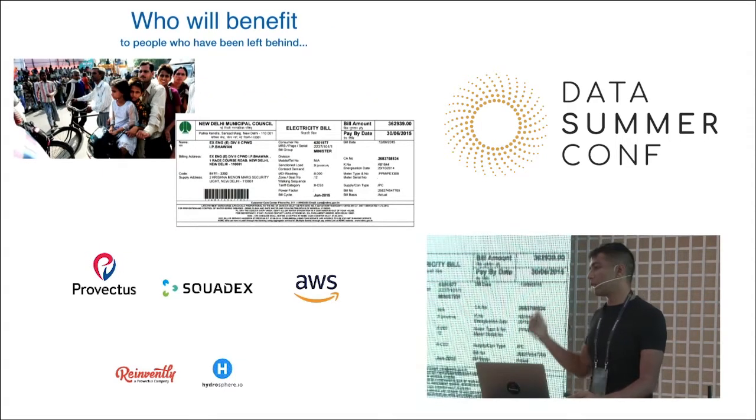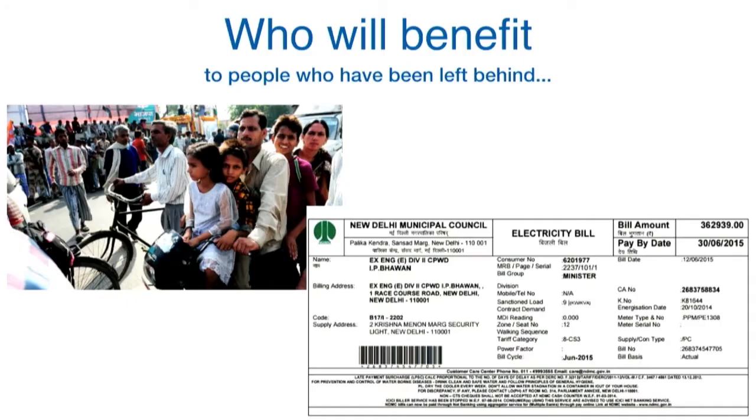And who will benefit? This is a picture I shared. This is not just about rich people, because rich people don't care about saving money. It's the poorest of the people who have been left behind. They can get that monthly bill, and they can be told, look, this is how you can improve the system, or you can improve your energy consumption, which will end up saving you money and also saving